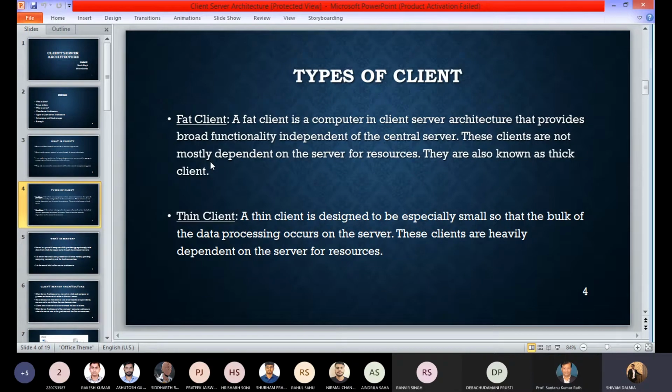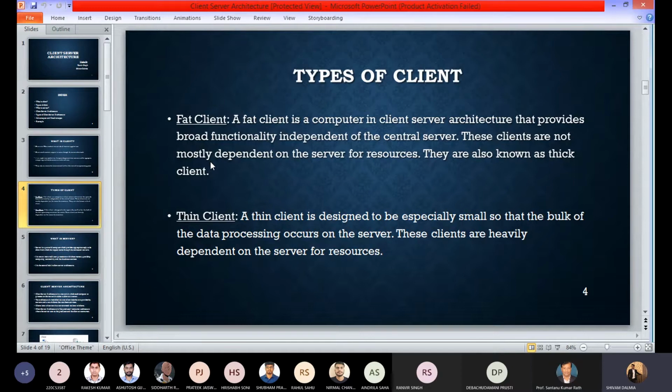In a web application, the use of the thin client simplifies work by eliminating the need to distribute and install software on client machines. Because of the web applications that we use every day in our life, it reduces the work of the user. The users don't have to download other applications. They can just log in to the web application and do their computing work there. This is the advantage of the thin client.